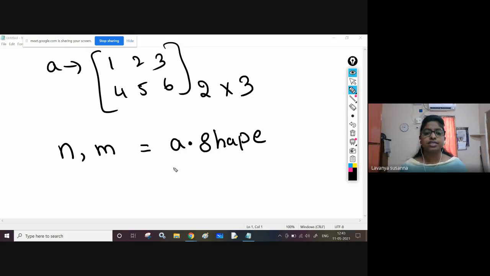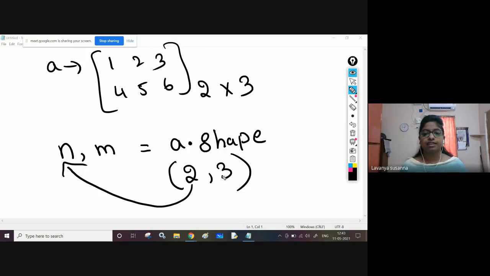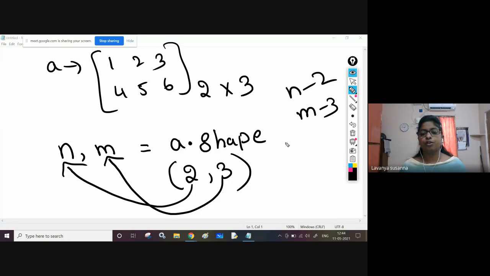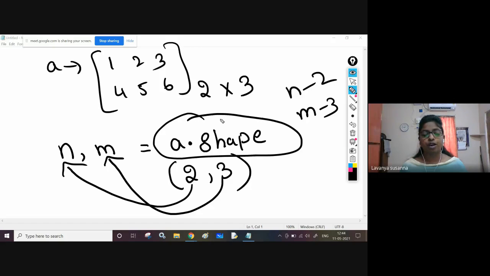So, A dot shape will return a tuple, 2 comma 3. Now, 2 will be stored in n and 3 will be stored in m. n contains 2, m contains 3, the number of rows and number of columns. So, the shape attribute gives the number of rows and number of columns as a tuple. I'll execute and I'll show you.